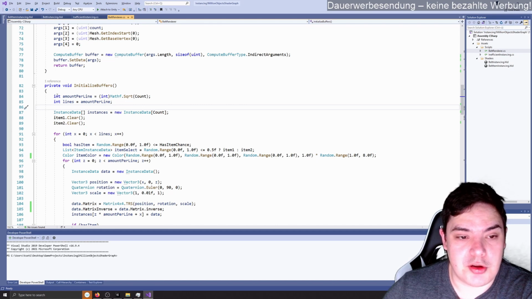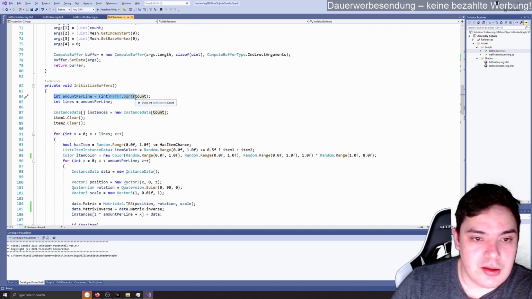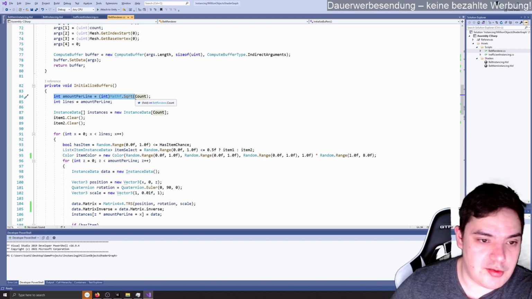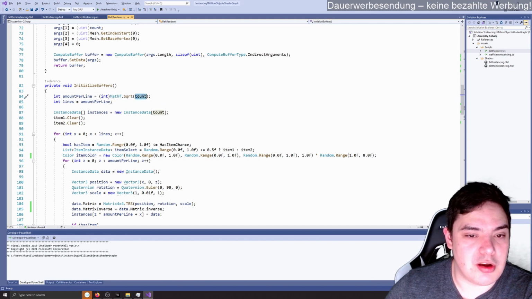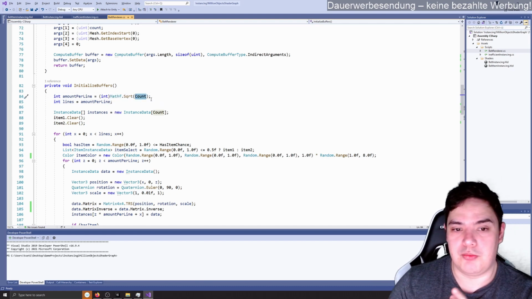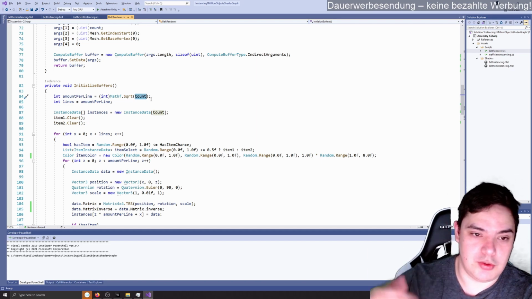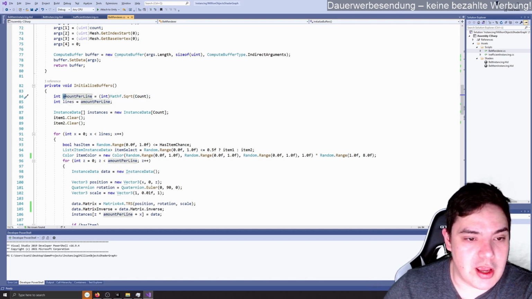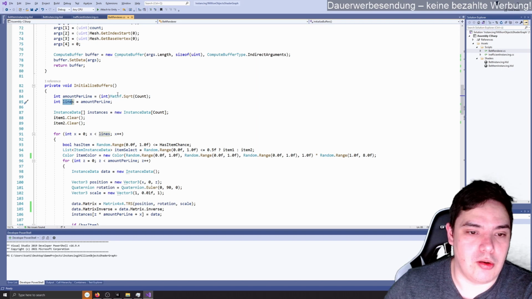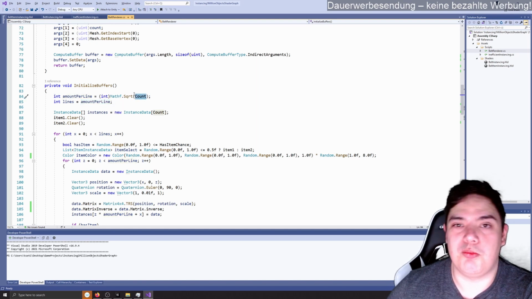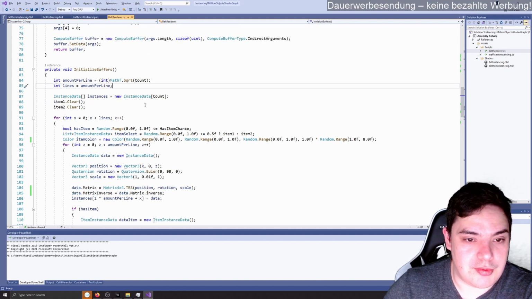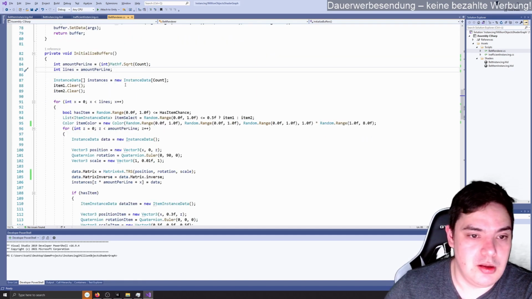This initialized buffer just calculates, because I have X and Z coordinates in my case, but in 2D you can say X and Y, the square root of the count, and then it will produce as many on X as it will produce on Z or Y. So the amount per line is basically the square root of count, and the amount of lines is also the square root of count. So lines multiplied by amount per line should match the count, basically, if the count is a proper square root,